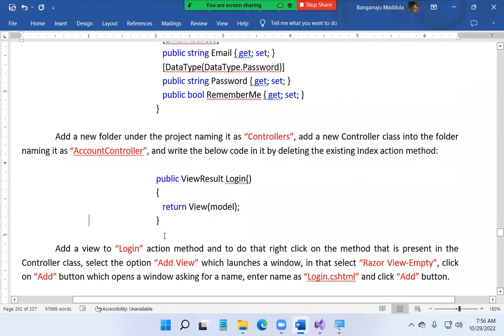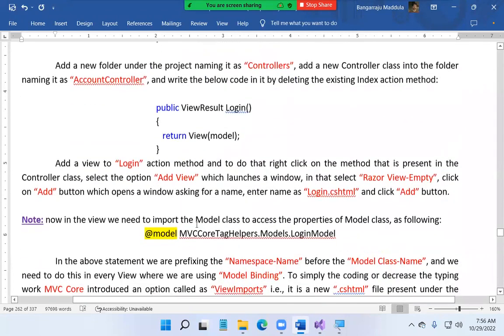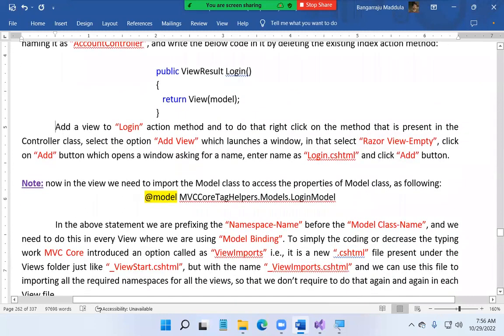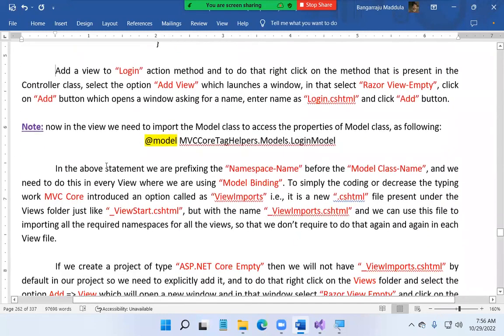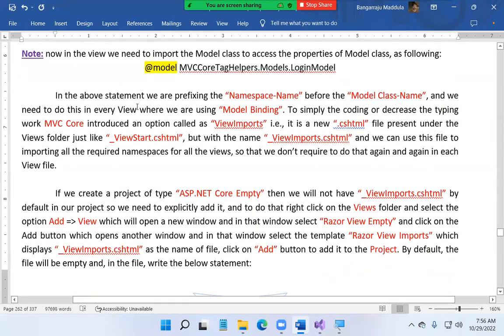Okay, next, you need to add a view. And once after adding the view, we are just going to import like this. See, in the above statement, we are prefixing the namespace name before the model class name. And we need to do this in every view where we are using model binding. To simplify the coding or decrease the typing work,